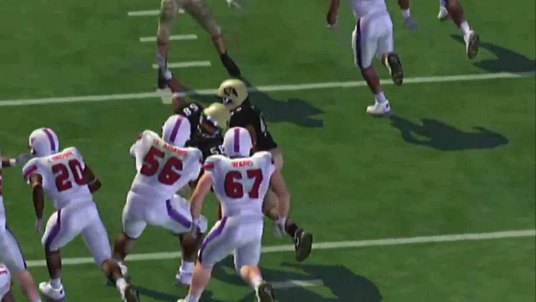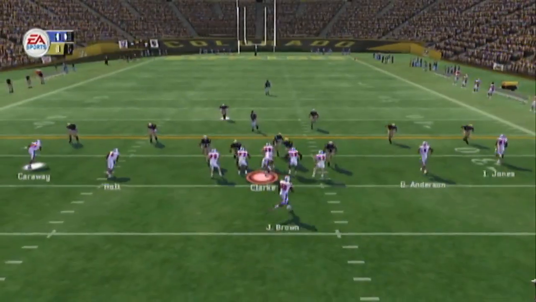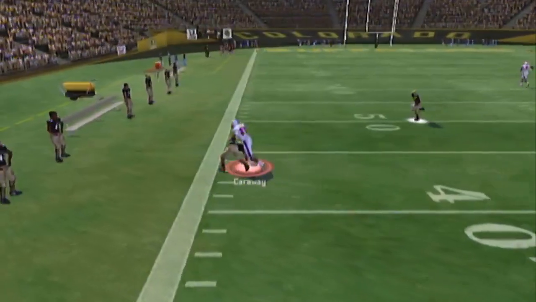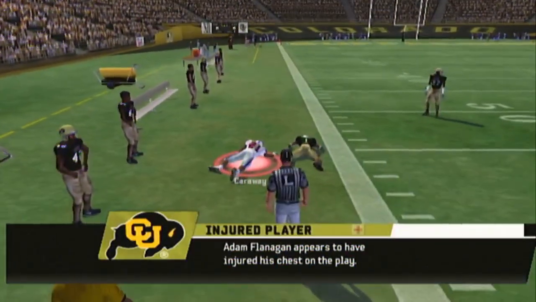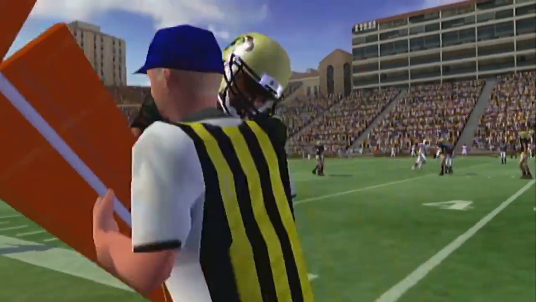He's able to pick his way through, takes a shot, but does pick up a few yards there. See a great hit by the linebacker. He does pick up a few, so it's 2nd and 6 under center. Clark looks, surveys, throws left, and he's got Trey Caraway. Big-time play by Trey. You can see the corner comes up a bit lame here. I do not believe we'll see him back